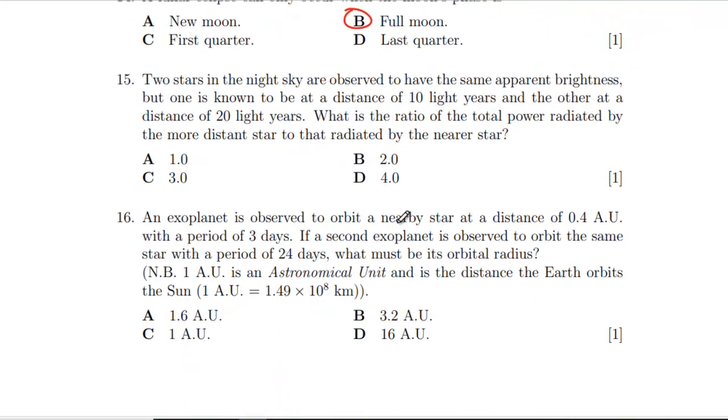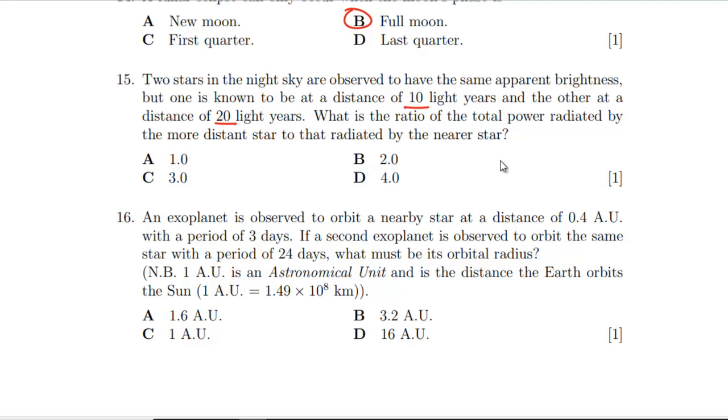Question 15. 2 stars in the night sky are observed to have the same apparent brightness, but one is known to be at a distance of 10 light years and the other at 20 light years. What's the ratio of the total power radiated by the more distant star? Right, okay, so